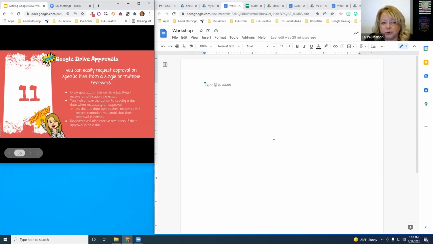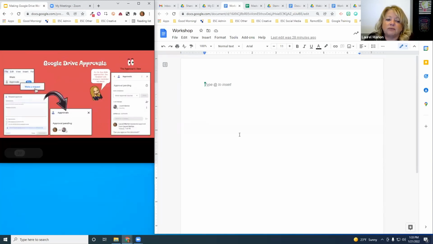This is also new. It's called Google Drive Approvals. And it is in any files in your Google Drive as well. And so what it is, you can request approval on a specific file from one person or multiple people. I kind of thought it would be a good feature. So maybe you've got a newsletter article and you need to get your principal's approval before you put it in. This would be a great use for that. So what you do